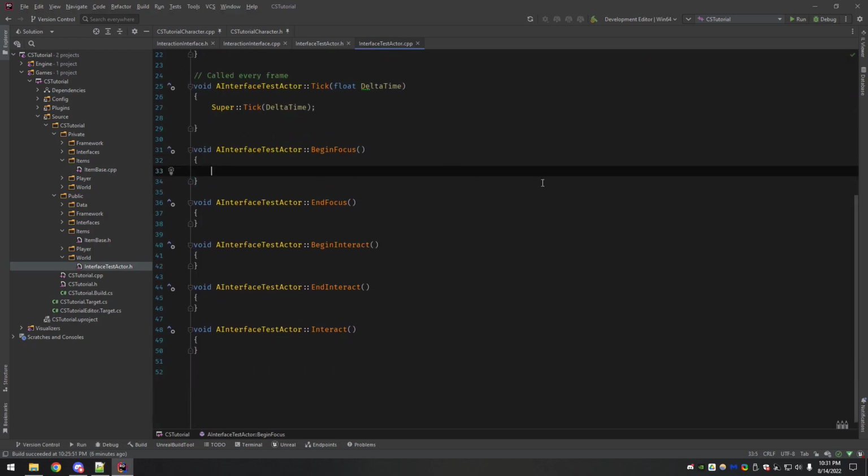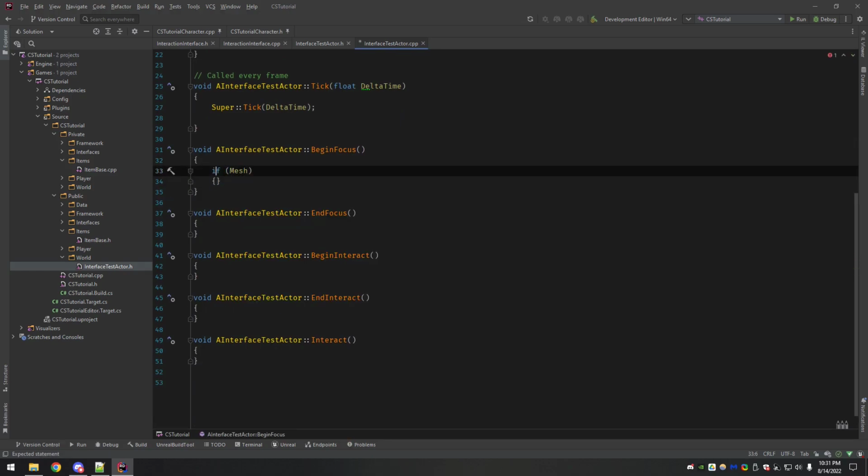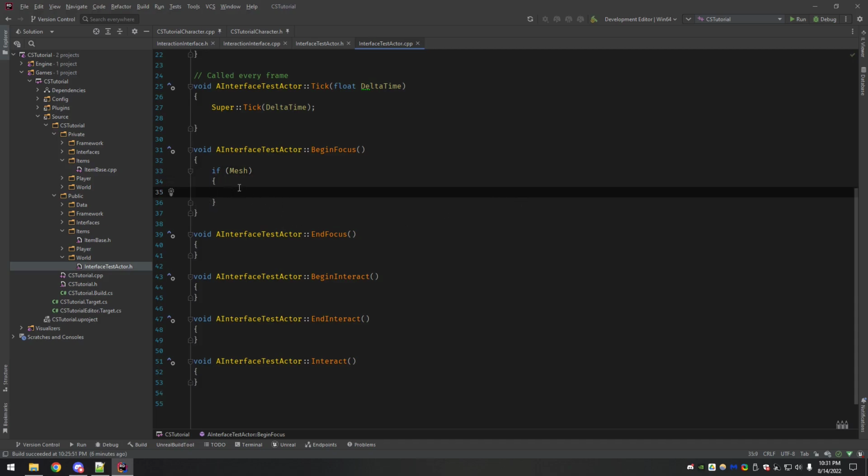Now here in BeginFocus, we're going to say, okay, if our mesh is valid, and this is really not too important in this actor because we know we're going to set it, but we'll do this again in the pickup class, where there might be a reason why it doesn't get the mesh off the data table, because that's where we're going to be pulling this from on the pickups.